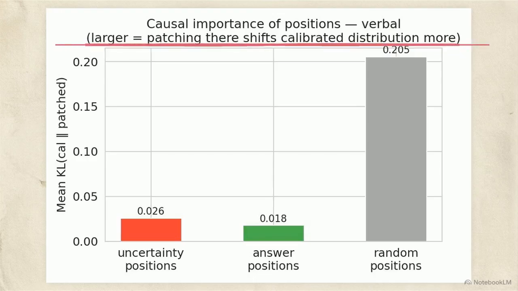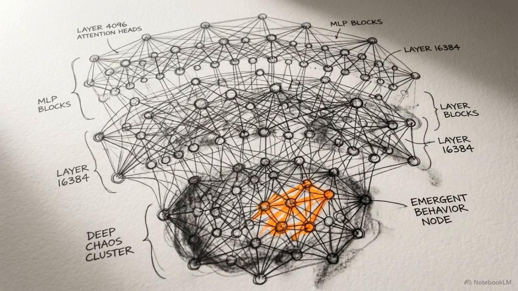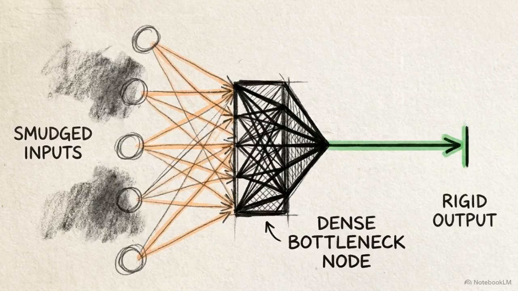This chart shows causal importance of positions during confidence calibration. Notice the high mean KL divergence at the random positions bar. This indicates patching hidden states here significantly shifts the distribution, confirming uncertainty is assembled early in the reasoning trace. The data proves the underlying uncertainty signal already exists deep within the base model. The failure point is entirely in the translation layer, where that signal must be selectively adjusted before it becomes verbalized